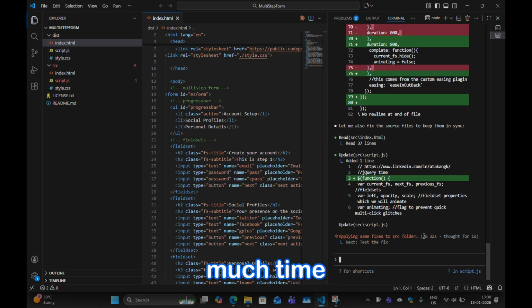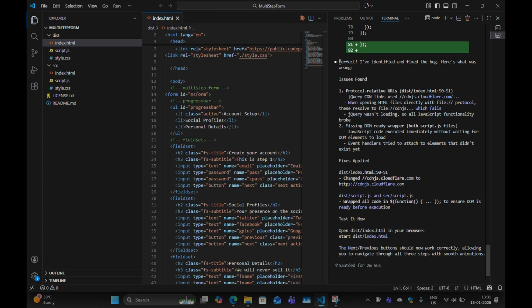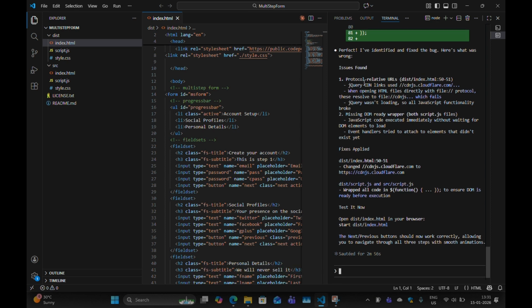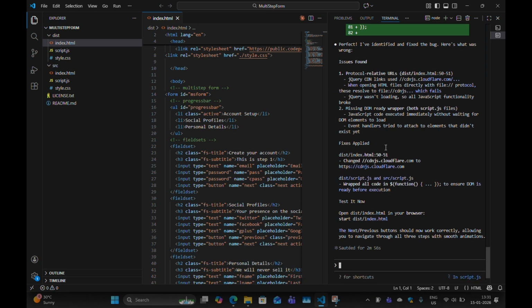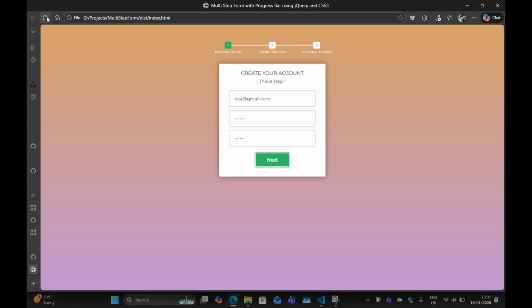So you can see how much time it is taking, 2 minutes 33 seconds for this particular action. So it has completed the bug fixing. The issue was in the CDN link URLs where it was mentioned as //cdnjs, but it has to have HTTPS when running as an HTML file. So now we can go ahead and refresh it